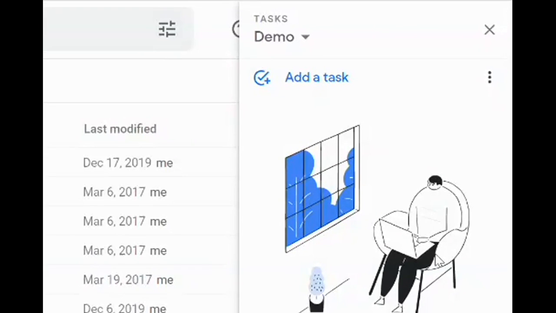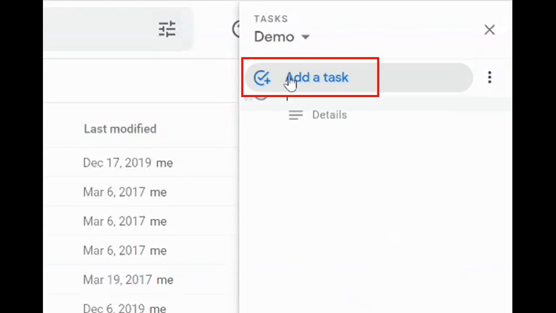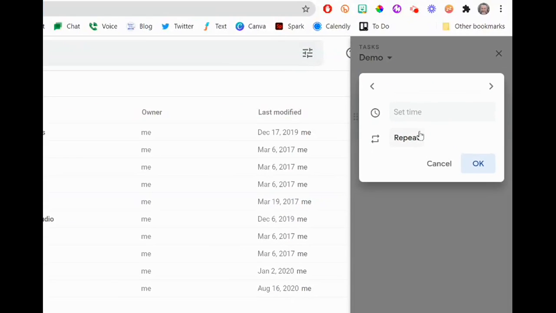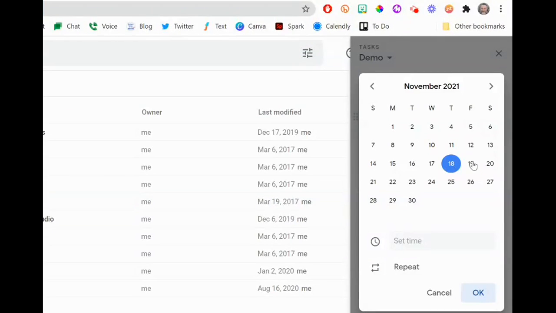When I'm ready to add a task to it, all I have to do is click on the Add a Task button, and name what it is I want it to be, demo list item 1. I can put some details in, explaining what this task is. The other cool thing is I can put a due date on this. So if I click on this, and maybe I have to have it due on the 30th of November, I can set a time,